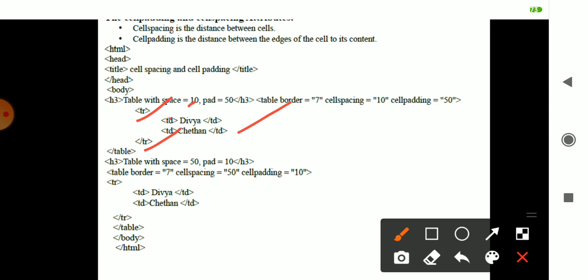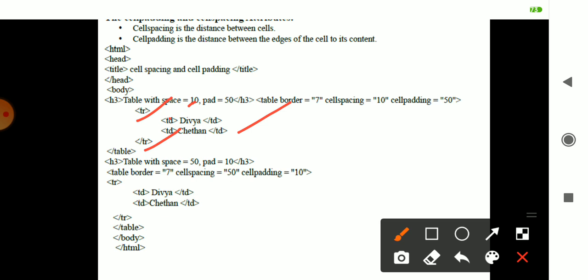These TD are nothing but the content of the row, where spacing is 10 and padding is 50. Padding is giving more space to the left, right, top and bottom of whichever row content is there. That is said to be your padding part.